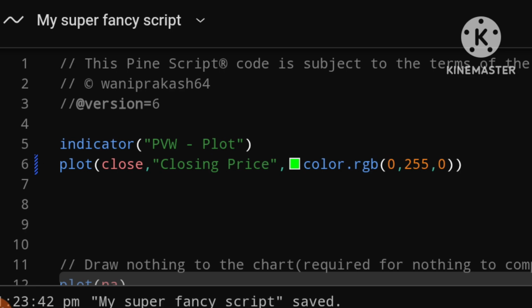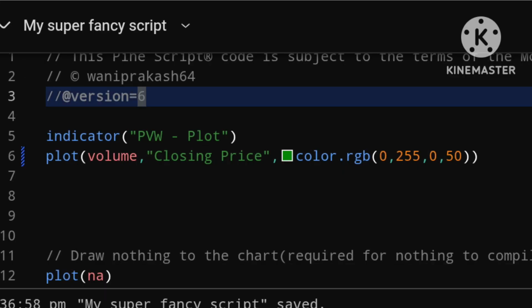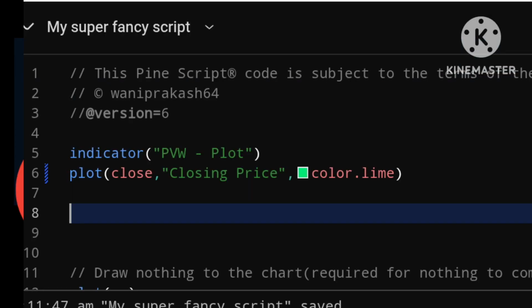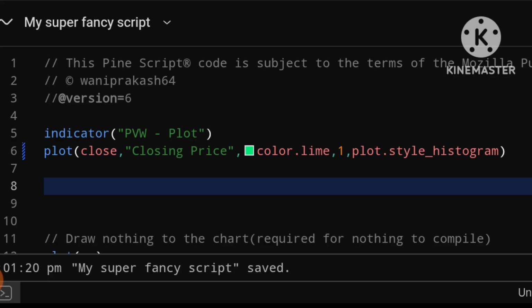So color.rgb gives us three values to work with: red, green, blue. And there is an optional parameter here for transparency. So if I set this to 50, that would be 50% transparent and my line will be a bit faded, because it is actually transparent and anything that was drawing underneath it would be visible through this plot. But let us change this back to color.line for now